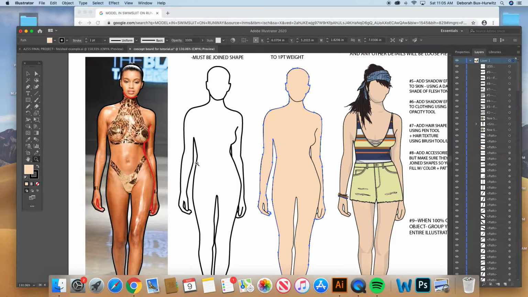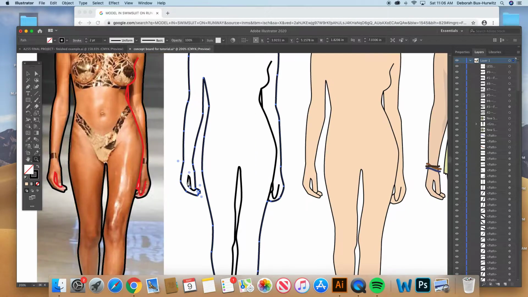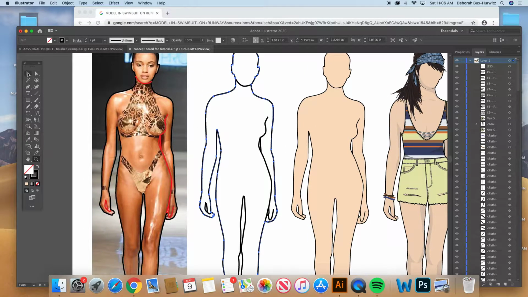But what I will show you and highlight for you is that it's really important that your body shape, the exterior body shape all the way around, is one full body shape like you see here, right? What I highlighted here in red over top of this model is where the loose pieces of this illustration are going to be. So let me zoom out for a second. The full body shape is the black outline, but if I click on these red pieces, they are their own separate